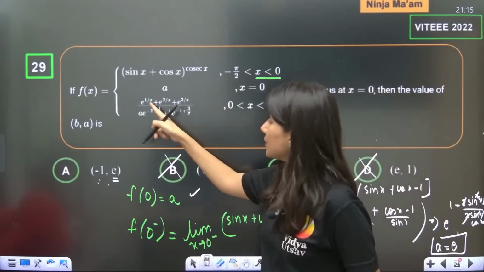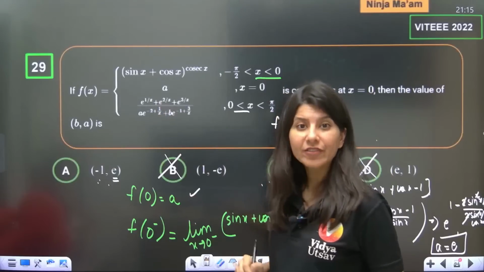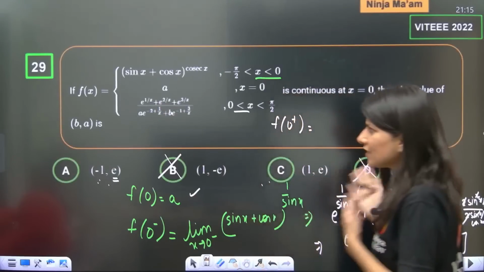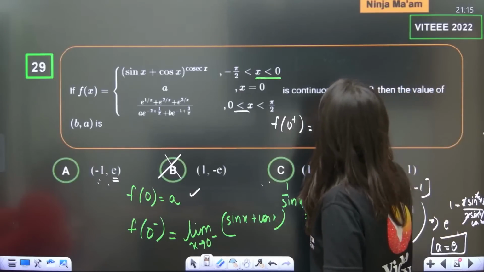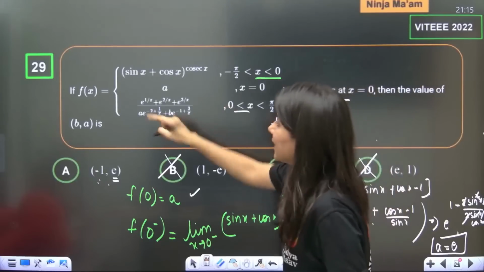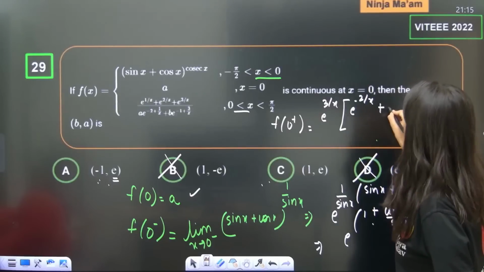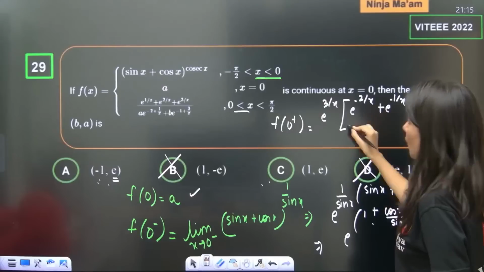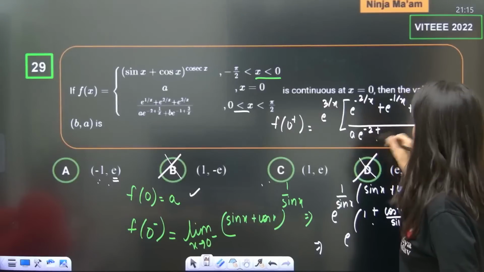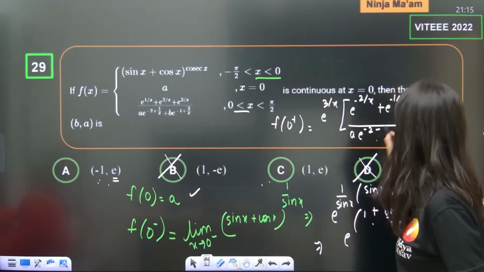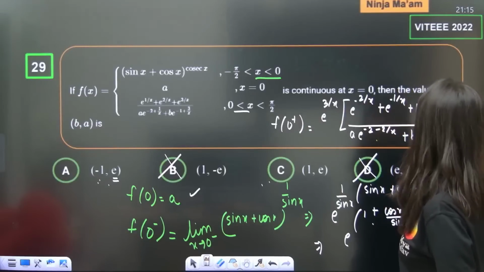If you put x equals 0, and that too 0 plus, 1 by 0 is e power infinity. So whenever you see e power infinity, just take it out. I am taking e power 3 by x from the numerator. So if I take e power 3 by x from the numerator, this is e power minus 2 by x plus e power minus 1 by x plus 1, whole upon, what about this? A e power minus 2 plus 1 by x minus 3 by x, so minus 2 by x, plus b e power minus 1, because 3 by x is gone.